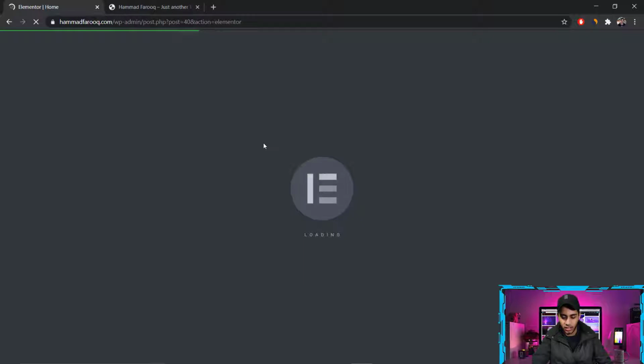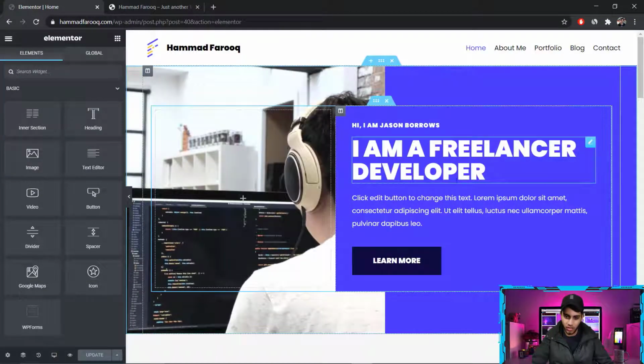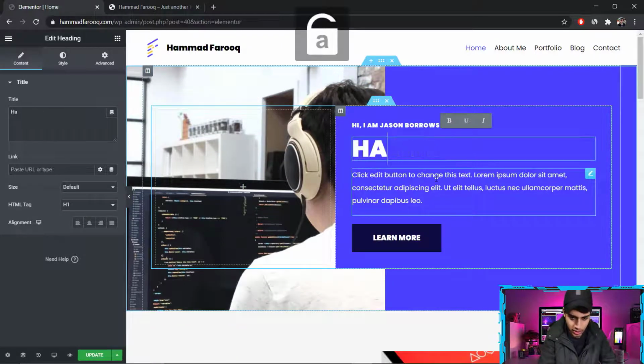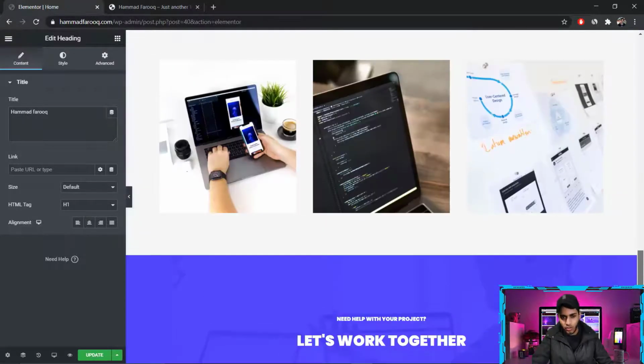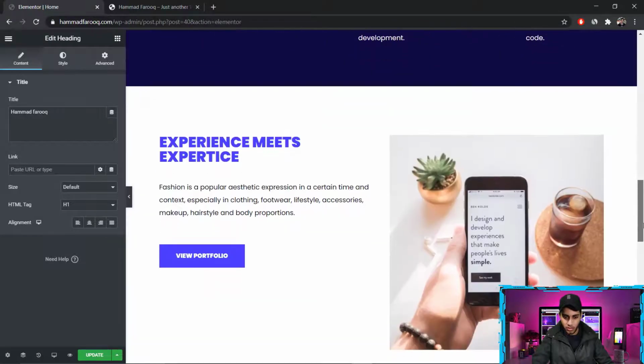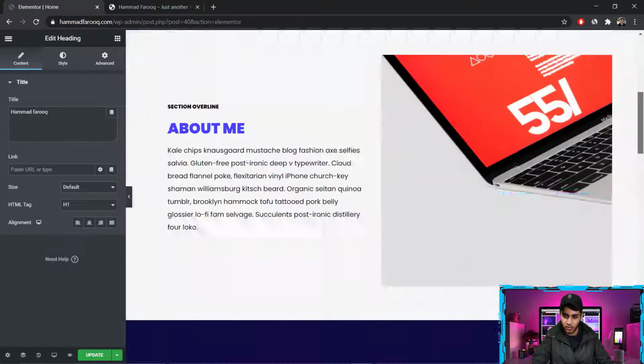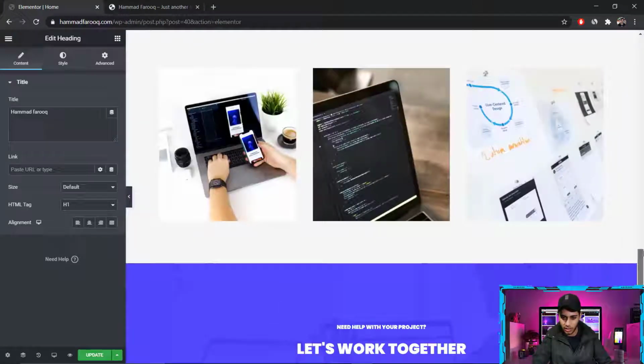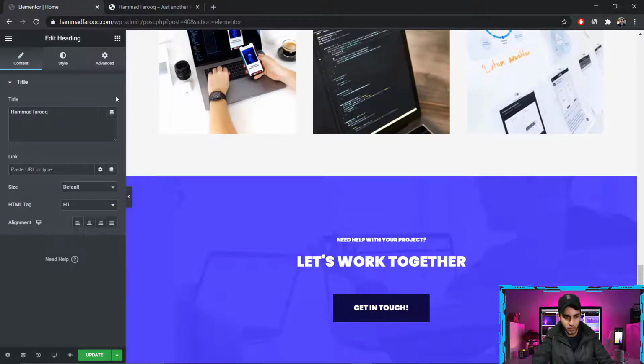It's a very great plugin for WordPress websites, so you can easily drag and drop and manage your website. Here you can easily change your name and details, and you can customize anything you want. You can remove anything from your page and add and edit any single thing of your website with this